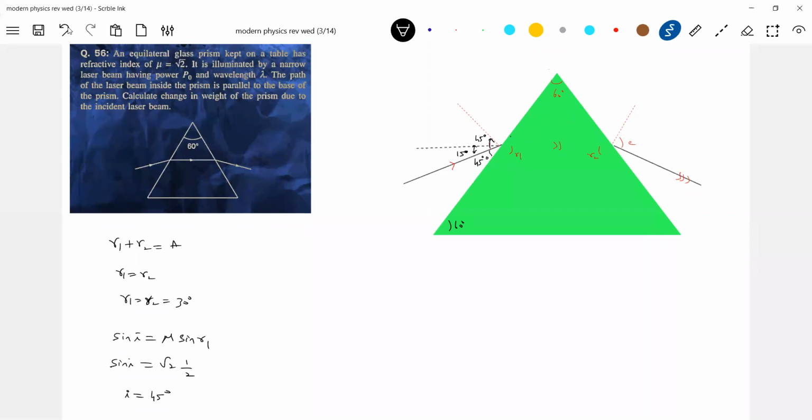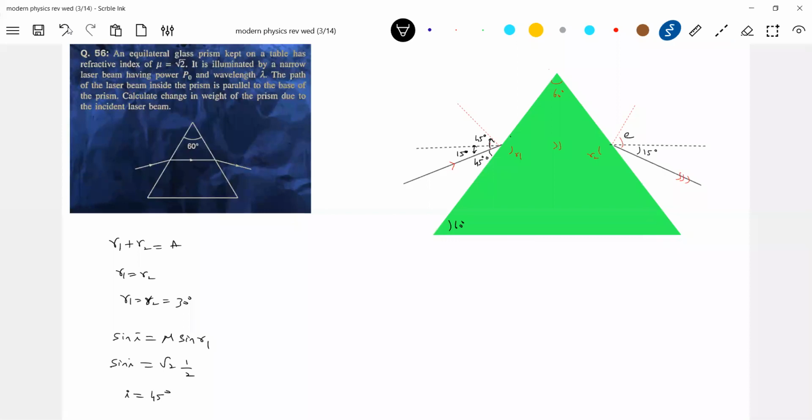Okay, the incident ray, no? So the incident ray, what happened? The change in momentum of this we will calculate. So this particular surface will absorb it. So will it exert any force? Yes, it will be in this direction. Similarly, the emergent ray, here also it will make the same angle. So total angle, so this should also be,